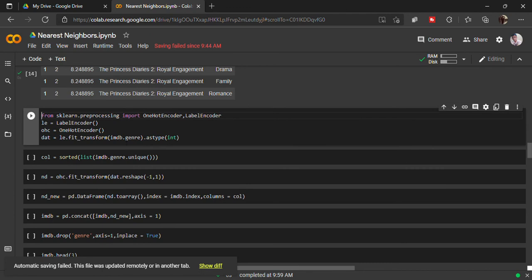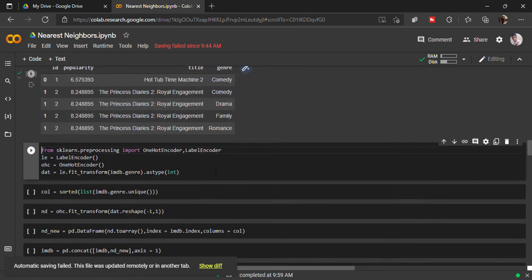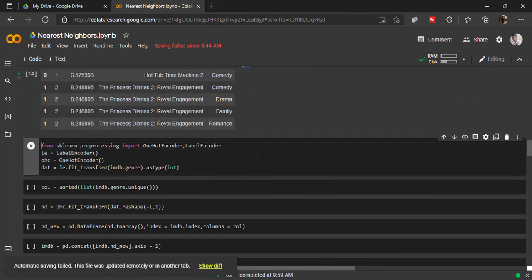So then the next thing we will do is pre-processing: import one hot encoder and label encoder. Then label encoder is LE. We just instantiated these objects and stored them in variables, and we are going to take it as equal to le.fit_transform of imdb.genre.astype int.